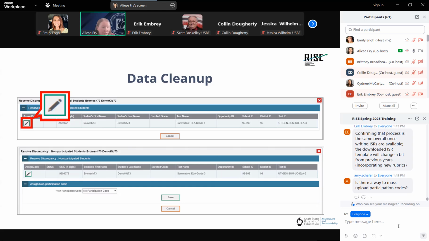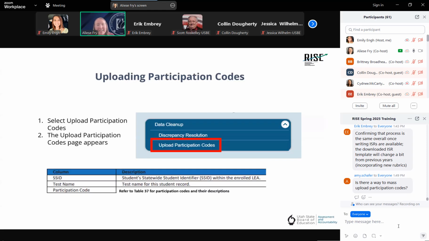Okay. Amy, this is for you because yes, there is a way to mass upload some participation codes. So when it comes to adding participation codes, an LEA level user can add them for multiple students in a single upload. You'll just need to enter all SSIDs and their corresponding participation codes into an Excel or a CSV file from the template that's downloadable from Tide. And then you'll upload the entire file into Tide in just one action. Okay. But just know this task does require strong familiarity with